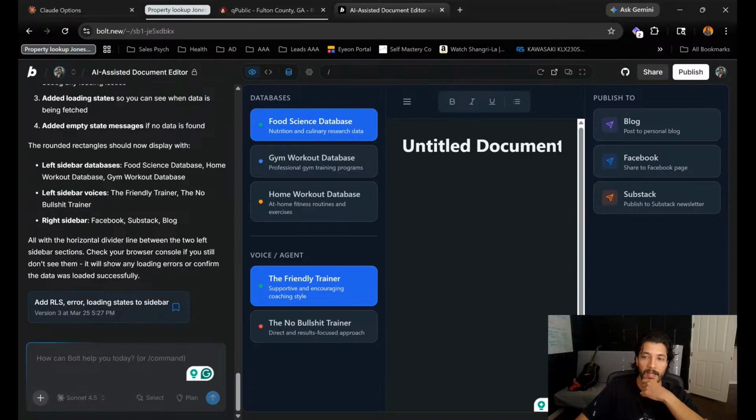On the right-hand side, bottom right, add a little settings toggle and a dark mode toggle. And then change voice/agent to just agent. And change all the font to a nice, clean serif.